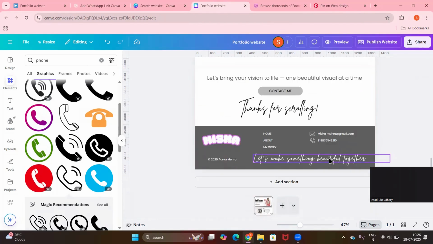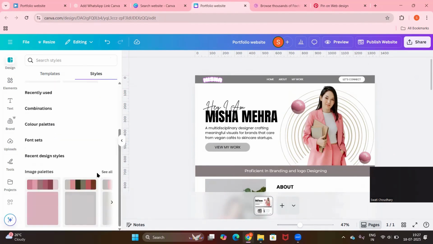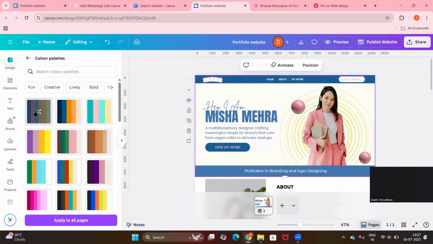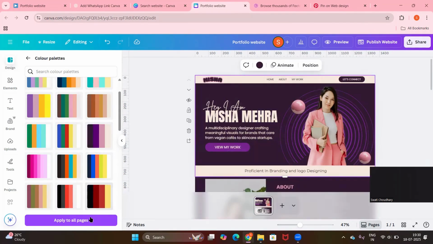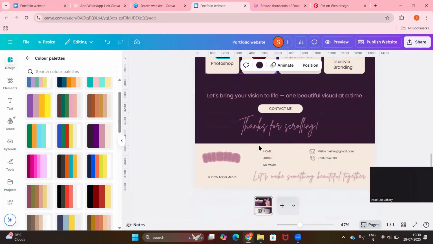Now it's time to add color to this website. Click on Design, go to Styles and go to Color Palette. Choose from Canva's ready-made color palettes. Now you can test a few to see which one matches your personality. If you're happy with the color,